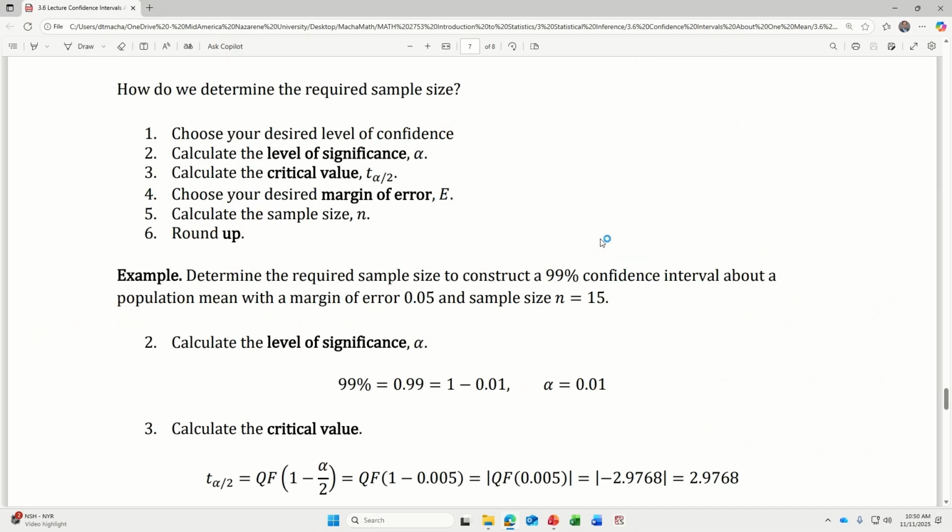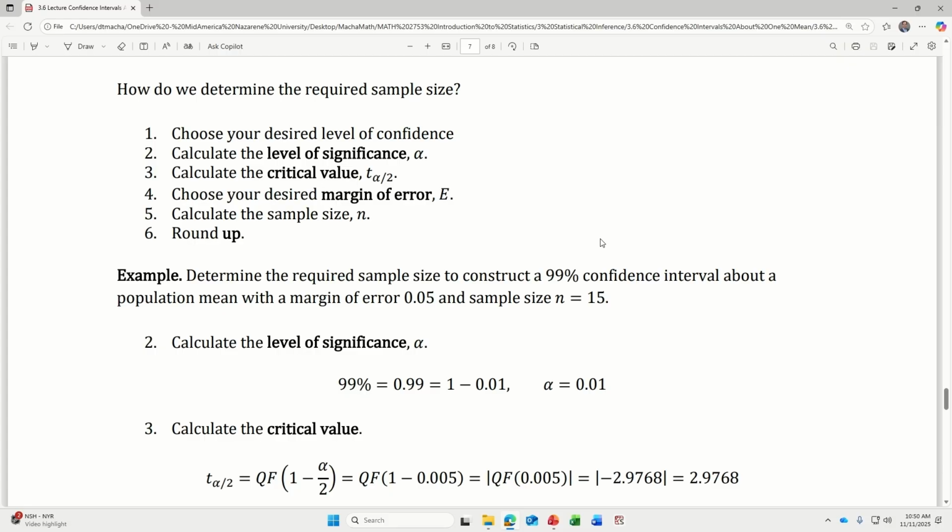How do we find the required sample size? Choose your desired level of confidence. A lot of people like to make 95% confidence intervals, so your level of confidence might be 95%. Calculate your level of significance. Of course, that's 100% minus your level of confidence, represented as a decimal. Calculate the critical value. You take your level of significance, you divide it by 2. You put that in the quantile function of your t-distribution with,